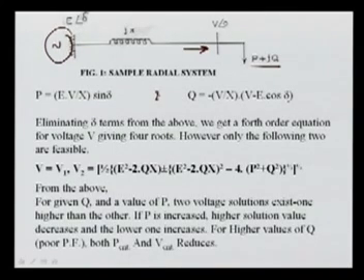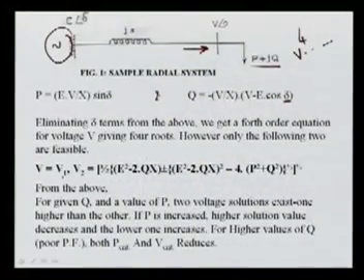If we eliminate delta from these two equations, we get an equation in terms of V, which will be of order 4, so it will have 4 roots. 2 roots are impossible because they have an imaginary term, and imaginary voltage is not possible. So from the remaining 2 we can get V1 and V2 by this equation.